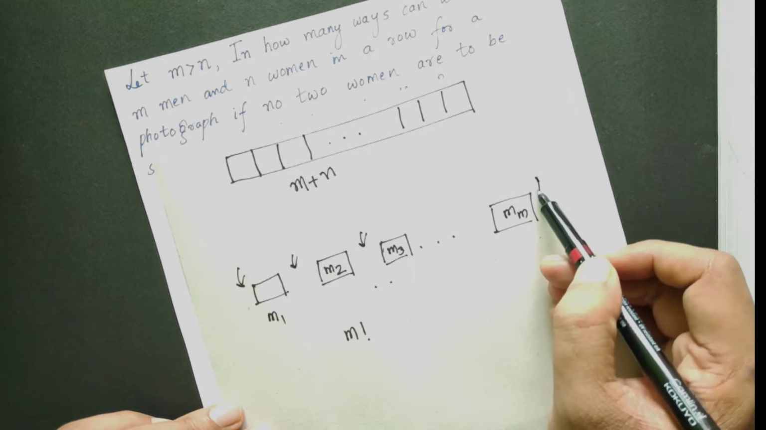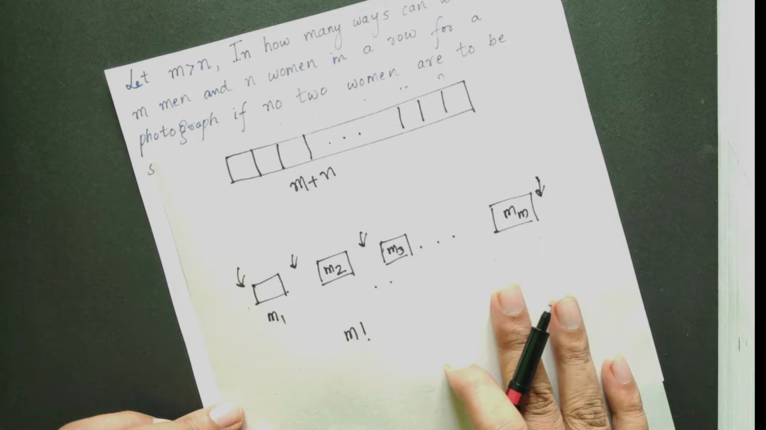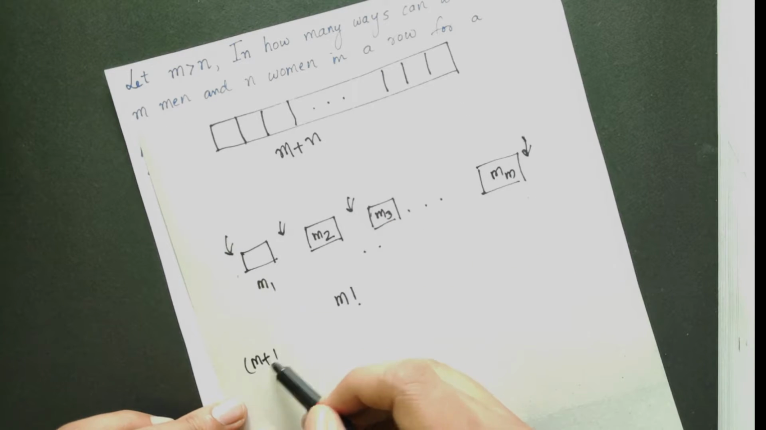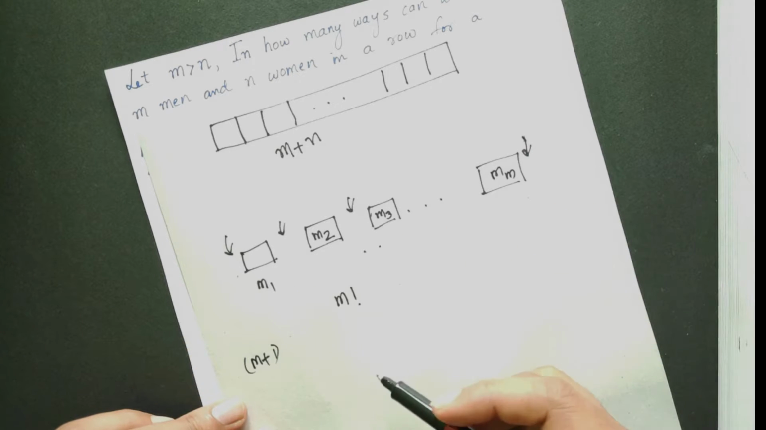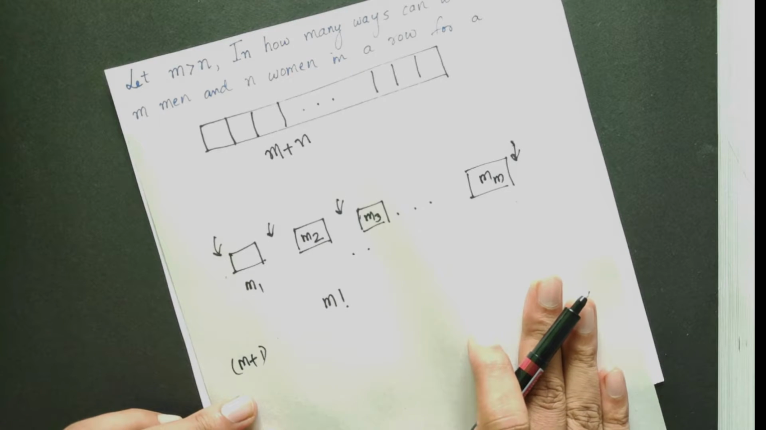Or if she wishes, she can come and sit here. So how many such positions are there? If you notice carefully, there are m plus 1 seats available. If you are getting confused with a general m and n, what you can do is take a concrete example. Suppose that there